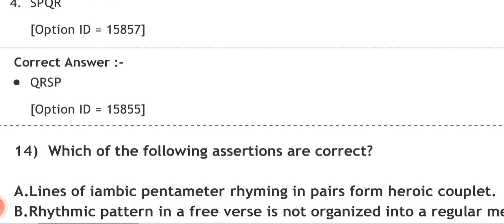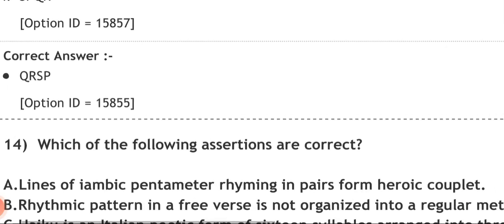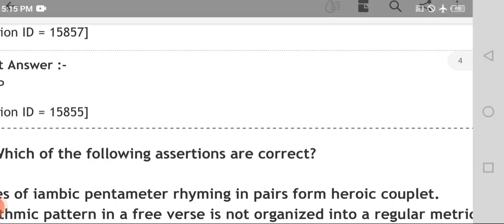Number A is given. Lines of iambic pentameter rhyming in pairs form heroic couplet. So what is iambic pentameter? I don't know whether you know or not. But if you don't know, then you have a lack of preparation and knowledge. That's why I request you to go through it if you don't know what is iambic pentameter. There are many meters of a poem. So you have to know every relevant and important meter and poetry form and genre. Please go through it. Number B is saying rhythmic pattern in a free verse is not organized into a regular